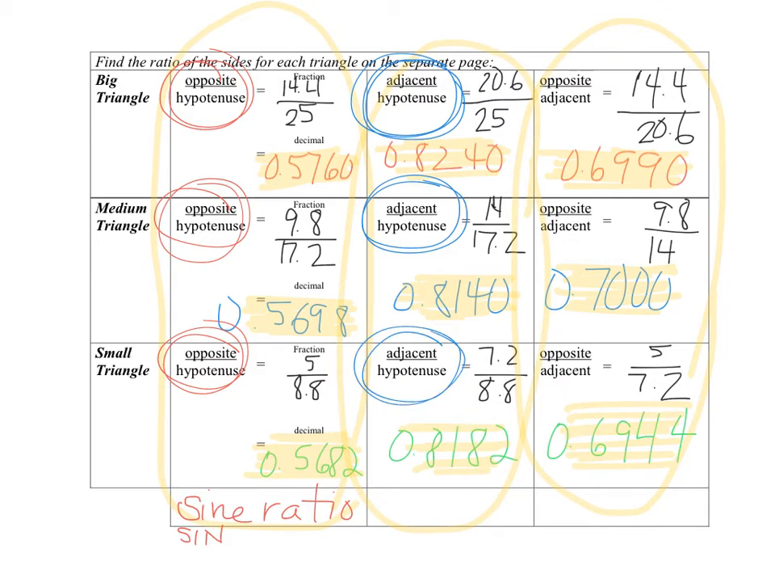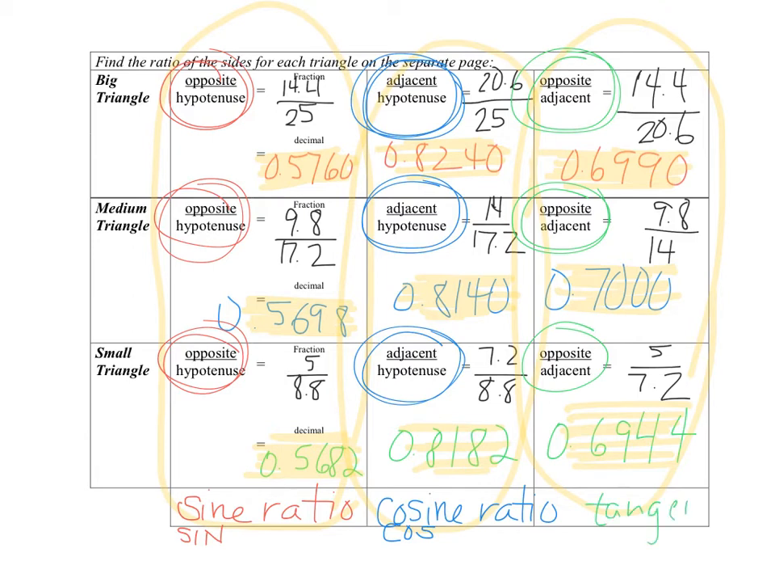this is called the cosine ratio. And then the shortcut that you're going to see on calculators and computers is just COS for cosine. And then finally, the last one, the opposite over adjacent. This is called the tangent ratio. And the shortcut you'll see is just TAN